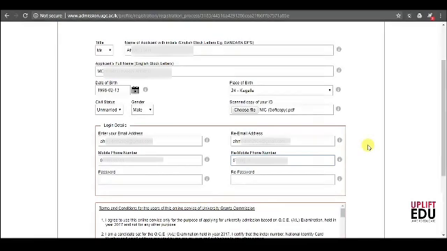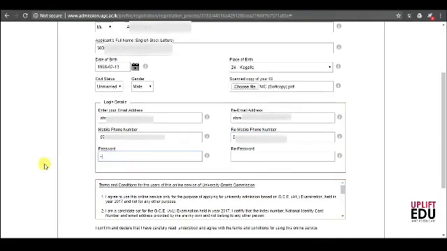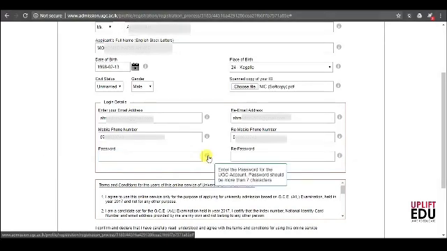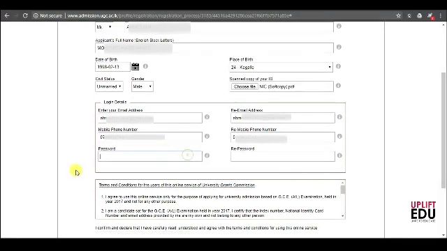Next, we must create a password. A password must be strong and should contain all the requirements that have been necessitated by the administrators of the registration. To learn more details about what needs to be there in the password, you can click on the I mark which is next to the password tab. Please create an original password that you would not forget, because you will need this password for the rest of